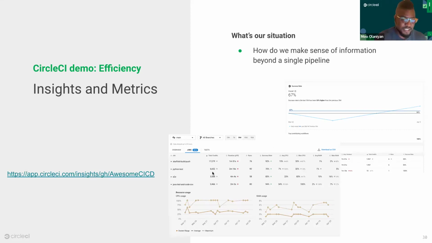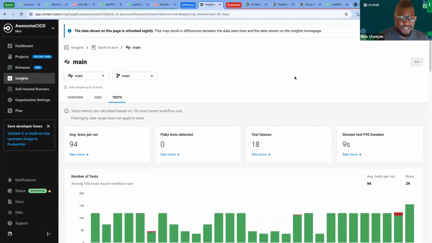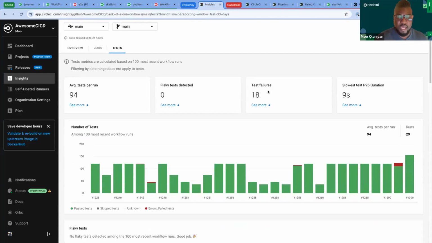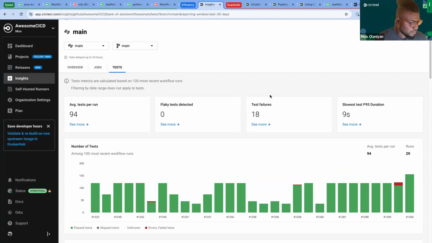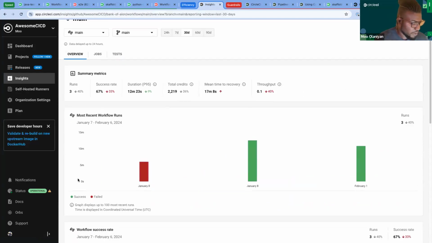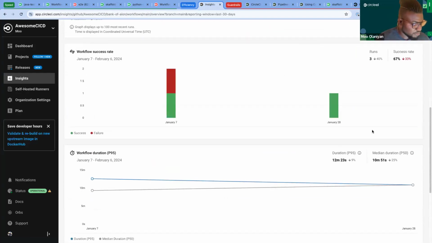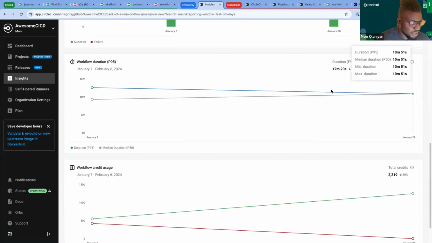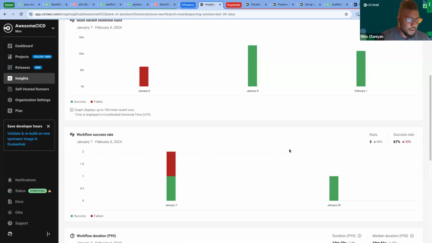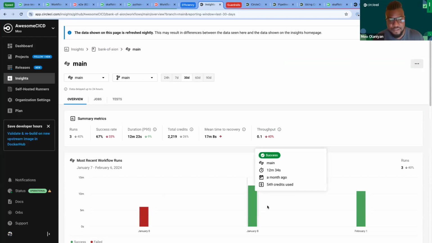With this, we can use the Insights dashboard. So we can take a look at that now. If I come to my Insights tab on the CircleCI dashboard, we can see all of the workflow runs that are a part of our pipeline. Let's go to the overview here. Here we go. These are the recent workflow runs. You can see the workflow success rate. You can see the average workflow duration and how much it's costing you, right? The workflow credit usage. And we give you a couple different filtering options as well as timing options so you can really see trends over time.